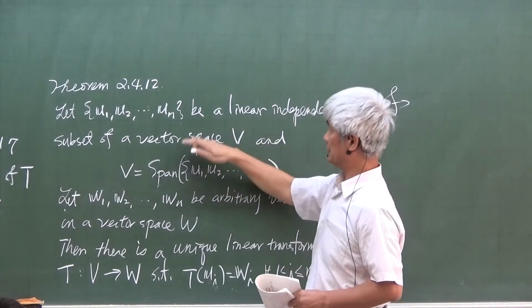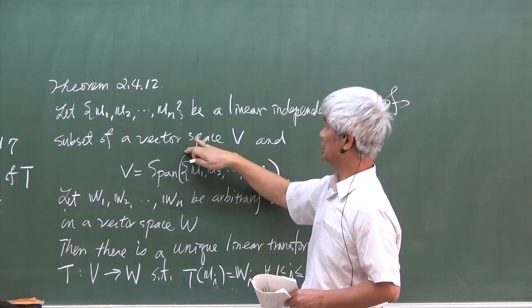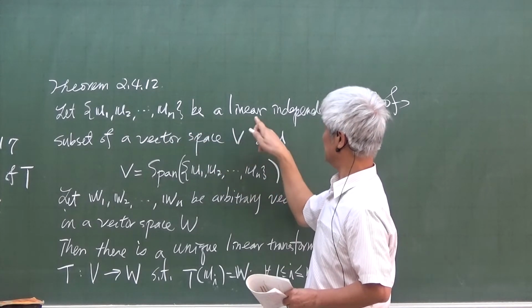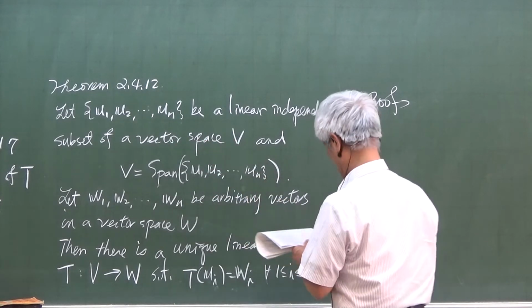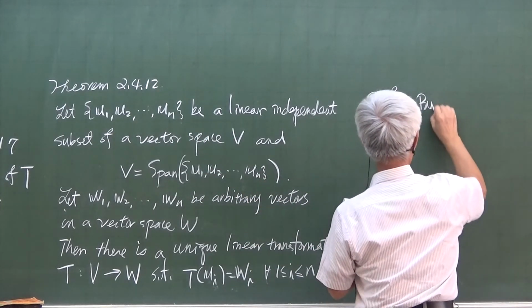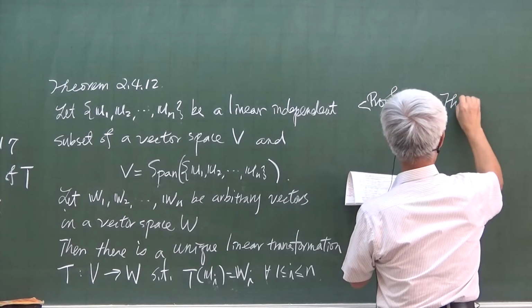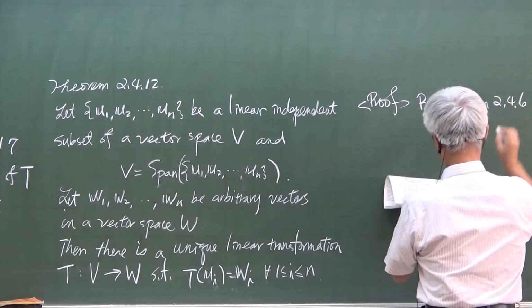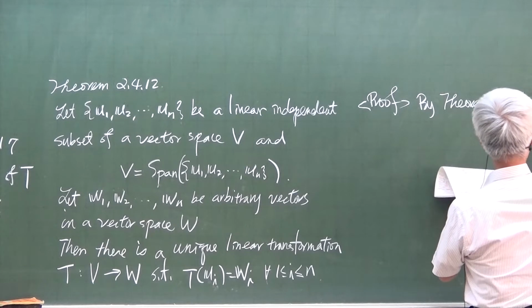First of all, we will use the first assumption here that this subset is linearly independent and also spans the whole vector space. And we have a closely related theorem before. That is Theorem 2.4.6. By this theorem, each vector